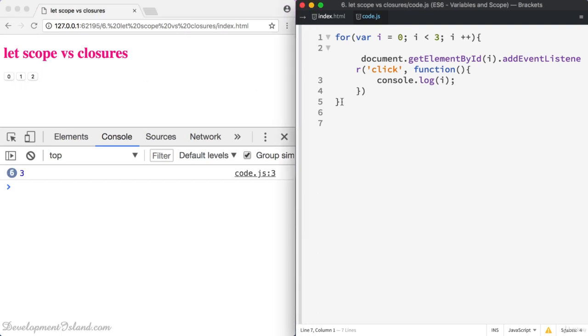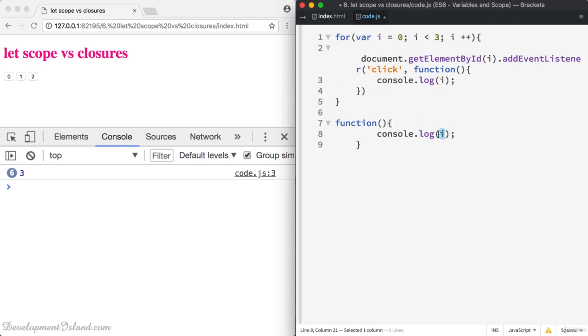So let's explain this, and you can have that as a quick reminder because you already understand the reason why we're getting 3. When you define the event here, you are storing the function literally like that. So the function is going to be stored like this, and attached to each of those click events. So when you call the function, once you click on the button, the function is going to look for the value of i, and it's going